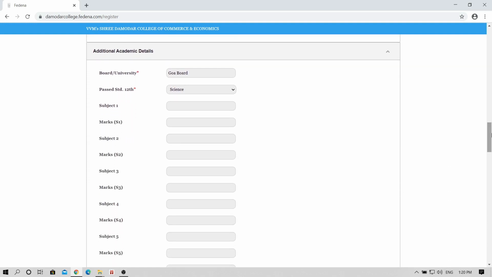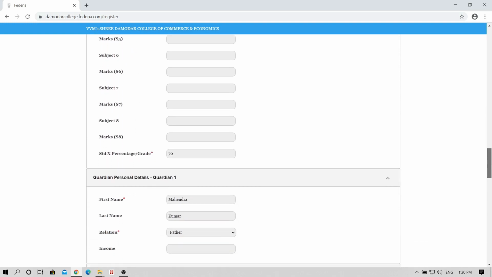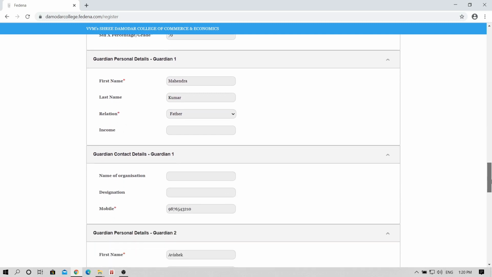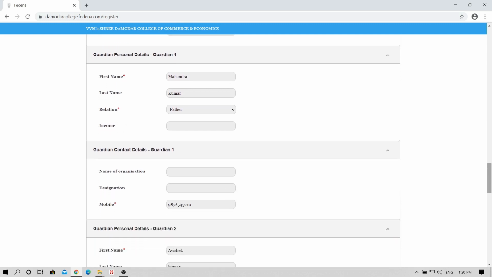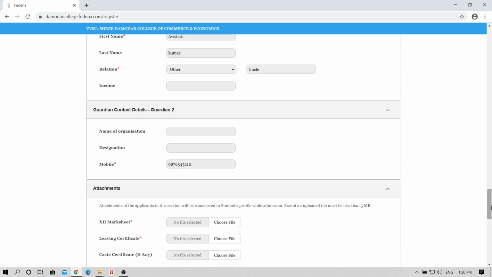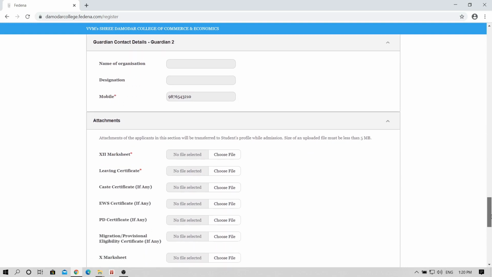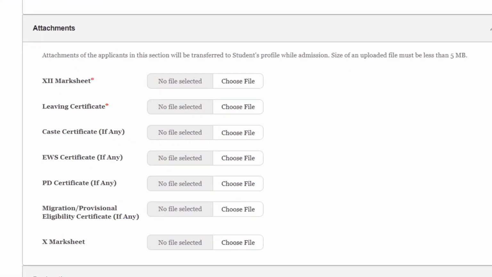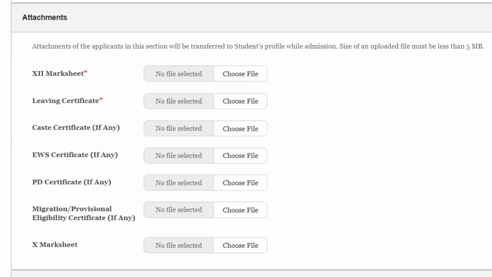Fill in your additional academic details here. Enter your guardian details here. This is the place where we need to attach our documents.